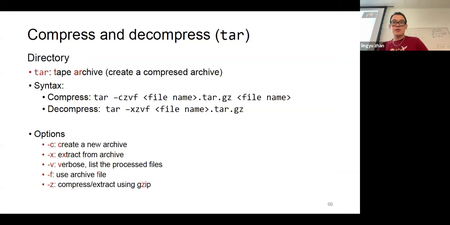Another way that we can compress and decompress files is the tar command. Tar stands for tape archive, and it's used to create a compressed archive of files. It may look a little bit complicated, but usually these flags are used as a fixed set, so you always reuse the same flags. To do the compression, we just run tar